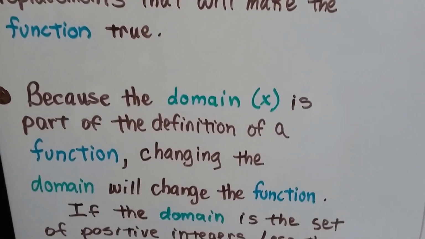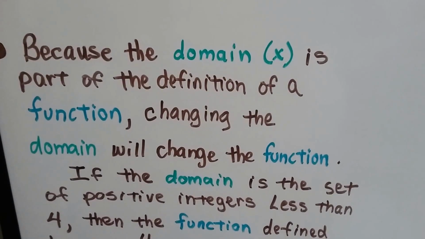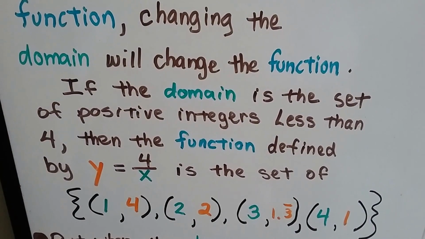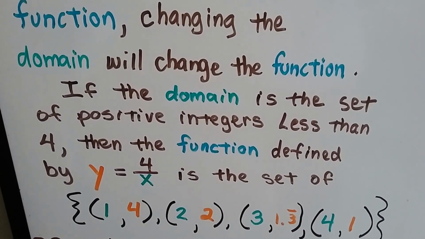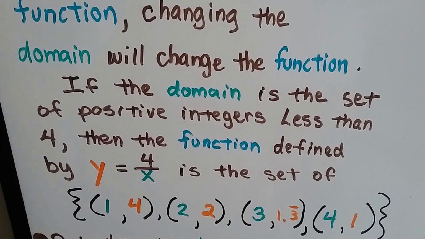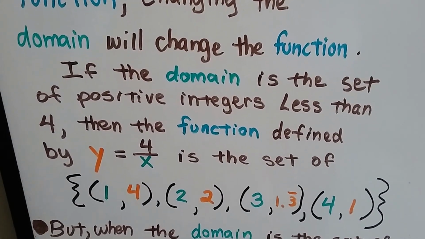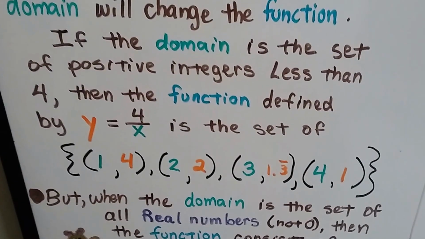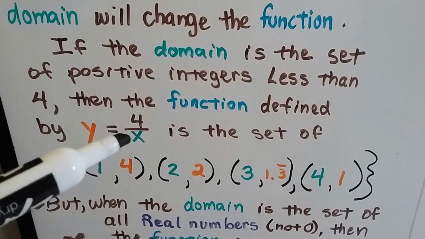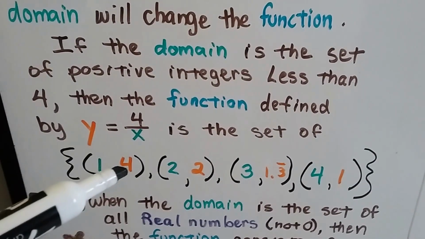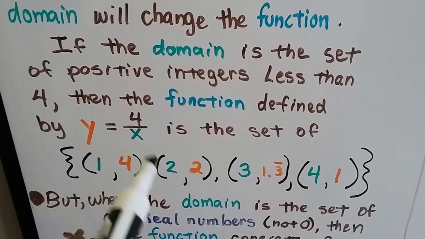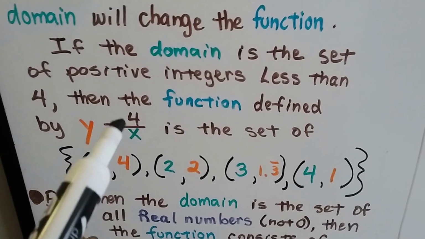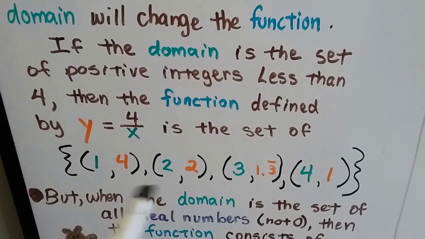And because the domain x is part of the definition of a function, changing the domain is going to change the function. If the domain is the set of positive integers, so that's not 0 and it's not negatives, and the domain is positive integers less than 4, then the function defined by y equals 4 divided by x is going to be this set. If we have 1 for x, then 4 divided by 1 is 4, so y will be 4. And if x is 2, then 4 divided by 2 is 2, so y will be 2. And if 4 is divided by 3,